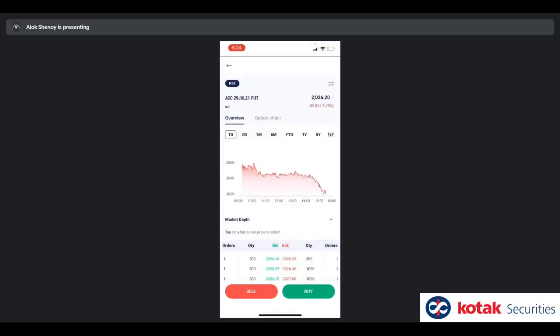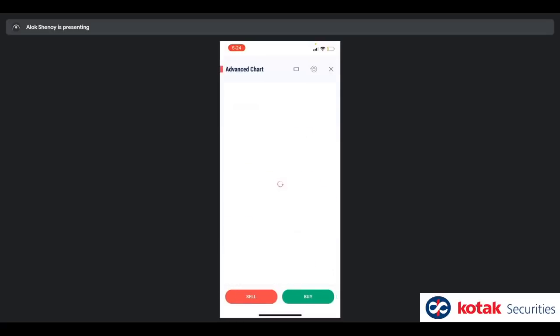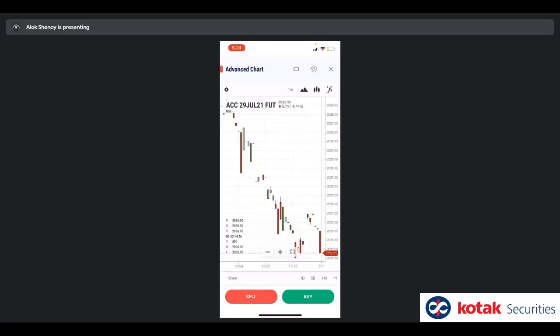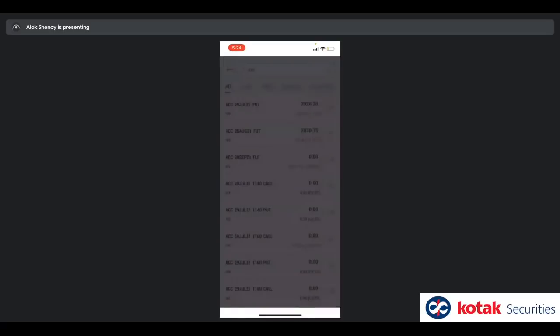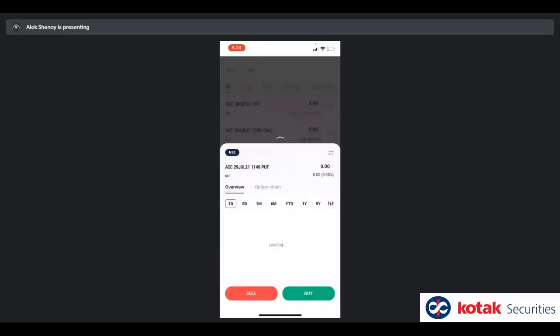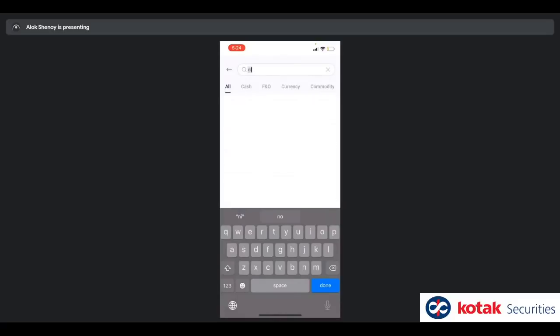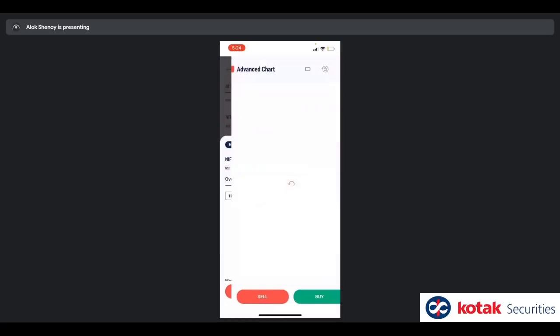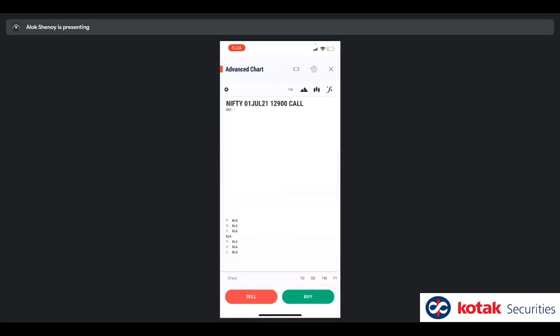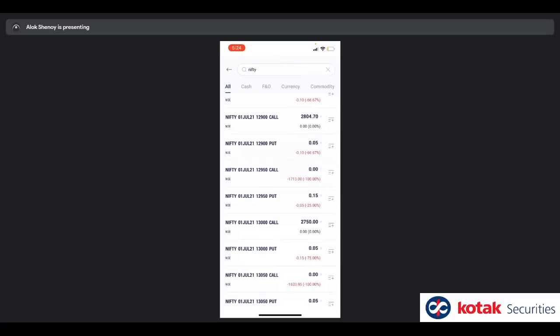You can see the chart here. I can click on this. Okay. This is the advanced chart loading. Okay. So this allows you to see charts for options and futures. I'll show you for options as well so that you can see an example. This is a bad example. Yeah. So we'll go here. This is advanced chart for options. Okay. It will load. Give it a second. Okay. So if data is available, it will load.